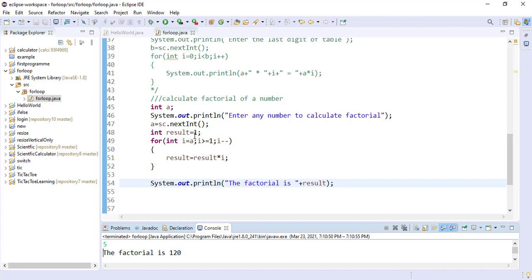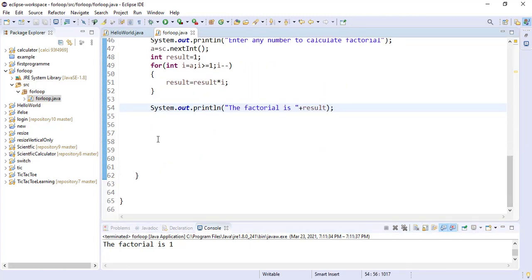And there is another benefit. Let us suppose I want to calculate the factorial of 0. So for 0, this condition automatically gets false. So this loop is not going to run, not even a single time. After this the code automatically comes outside of the loop, and then I display the value of result, and by default result contains 1. So this is also going to work. If I enter 0, you can see the factorial is 1. So this is the simplest and easiest logic to calculate the factorial of any number.